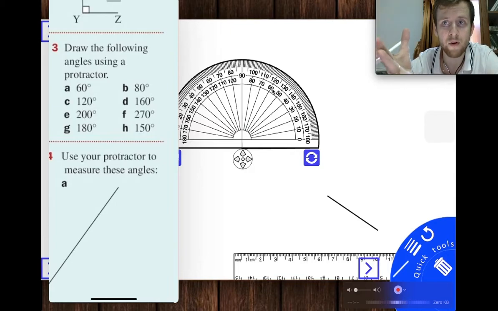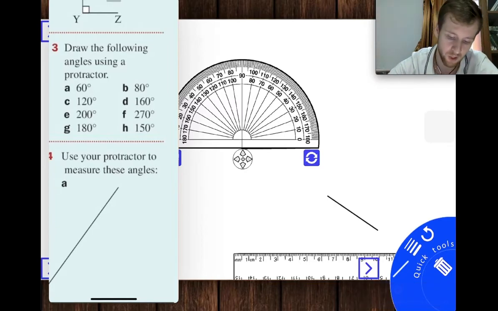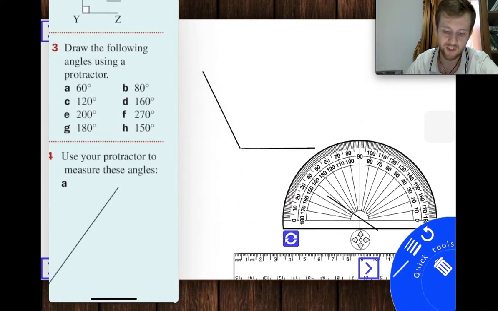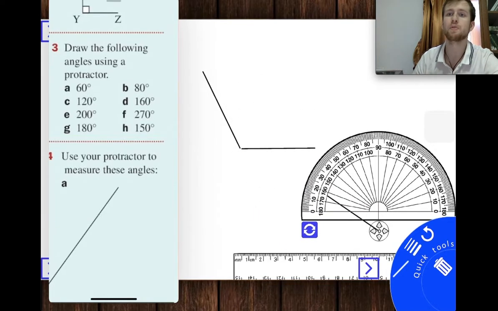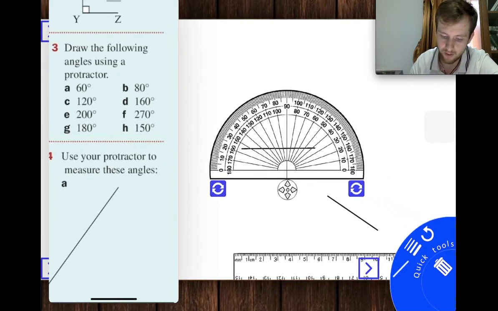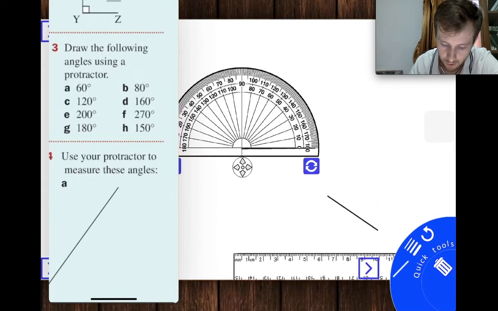Again, we have to remember that the angle 60 is an acute angle, less than 90 degrees. So if we use this 60, it's probably going to be more than 90. Just think about the shape we will have. We will have this kind of shape, right? And this is not what we need. We don't need an obtuse angle. We need an acute angle, right? So this is not what's going to work. So we have to use